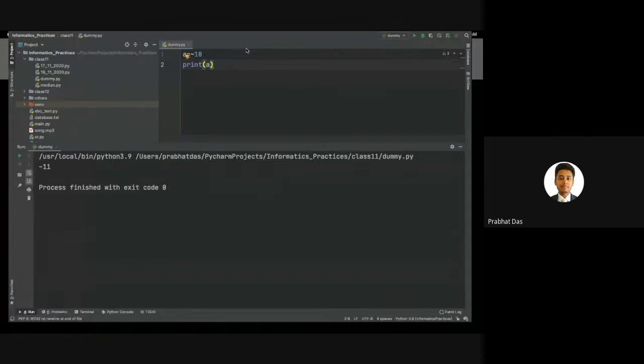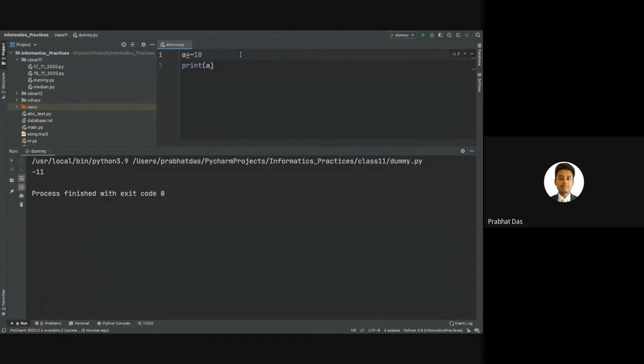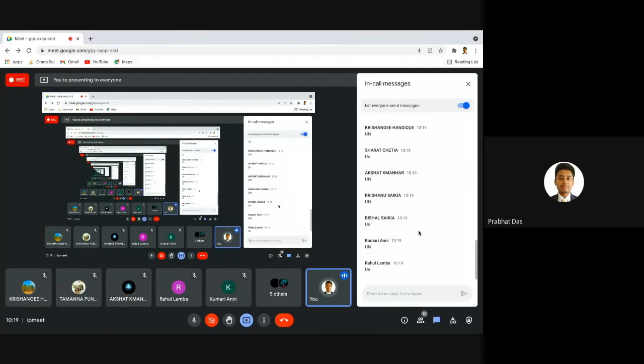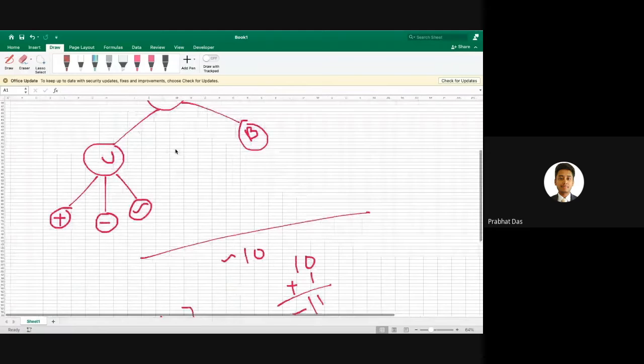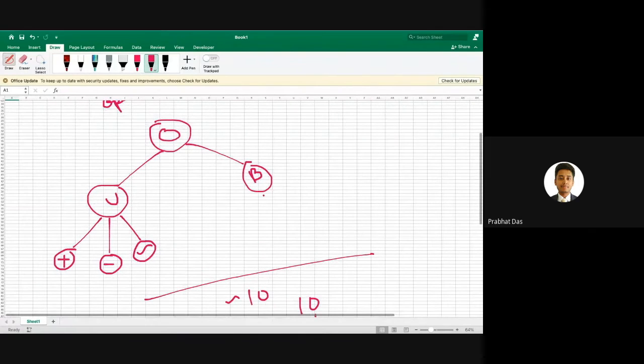If we perform the unary operation on minus 10, in the output you can see that we are getting positive 9. So this was all about unary not. I hope the entire concept of unary operators is clear. Now we'll shift to the binary operators, and we'll try to understand the different types of binary operators that are present in Python.